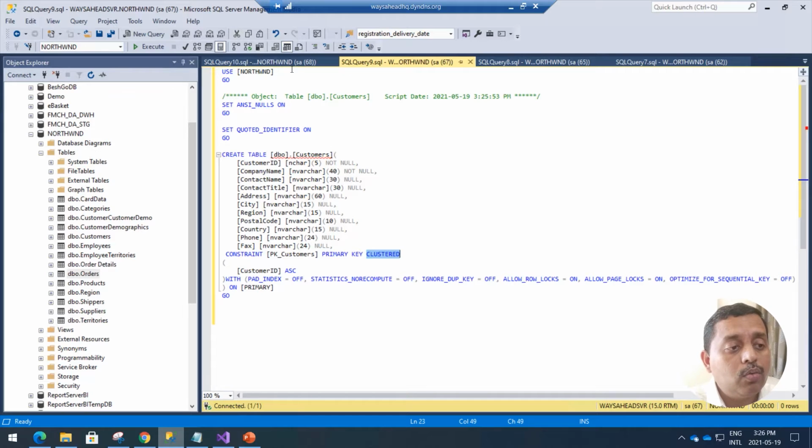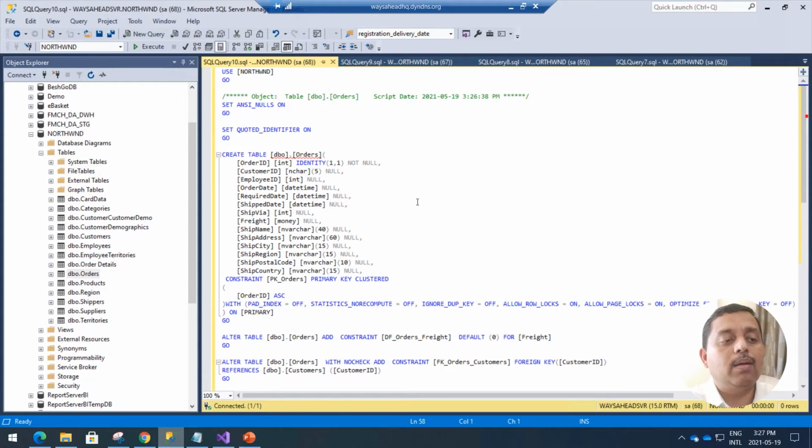But when you go to the orders, you have some hardcore data, what we call it. We have the freight, the dates, required date, order date, ship date, and shipped via. These are actually fact details that we see over here, right?